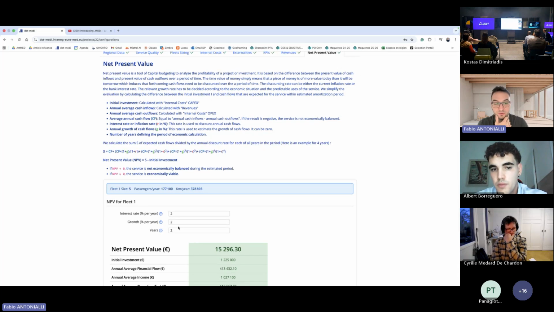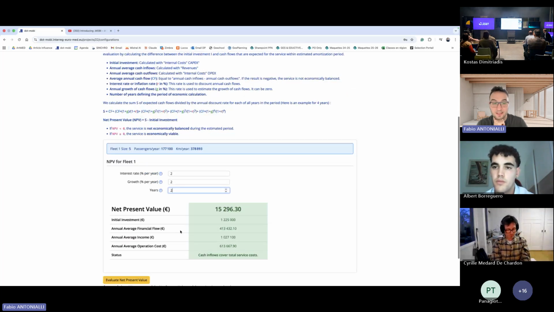In that case, we took into account a 2% interest rate, a 2% growth in terms of revenue for your service, and we took into consideration return on investment in 2 years. And we can see that the net present value here is positive, which means that the cash inflows cover the total cost of the service. In that sense, we can say that with the data we input here, this service could be feasible for the case that we are proposing.